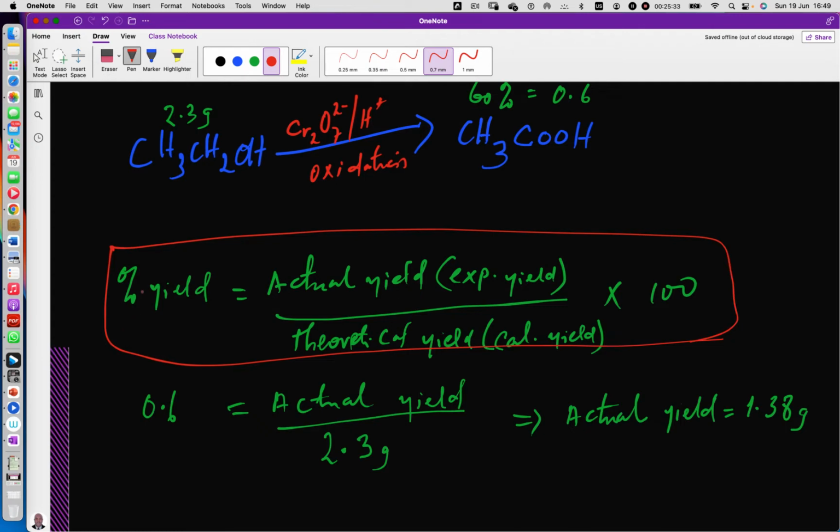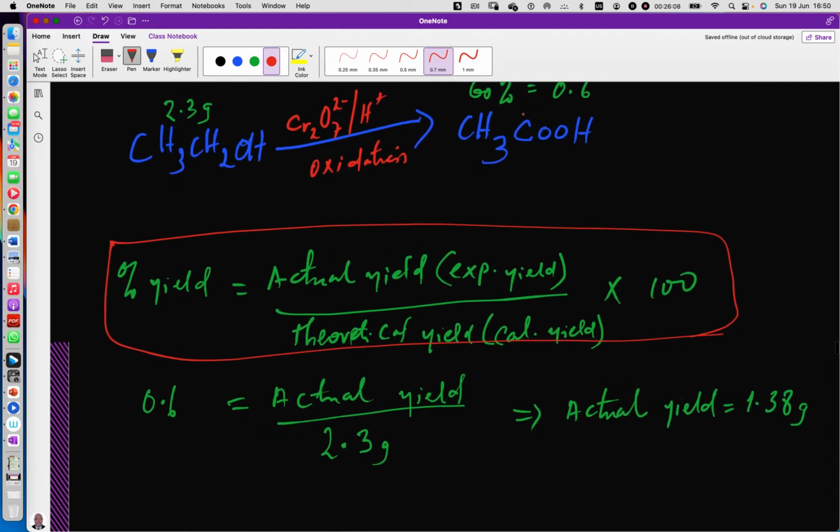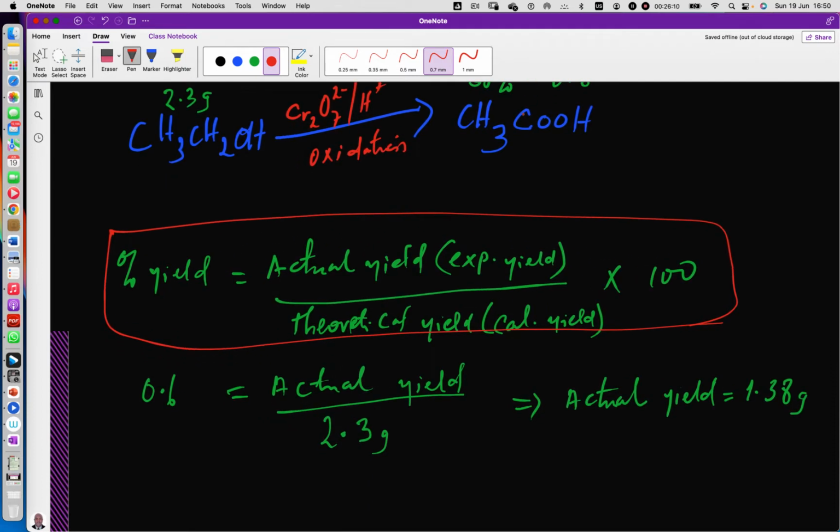To have your percentage yield, you would do actual yield divided by theoretical yield times 100. But the percentage yield has been given, so there's no need for 1,000 or 100 again. You don't need to substitute the percentage yield, because I have already divided 60% by 100, which I said is equivalent to 0.6. So now our actual yield is